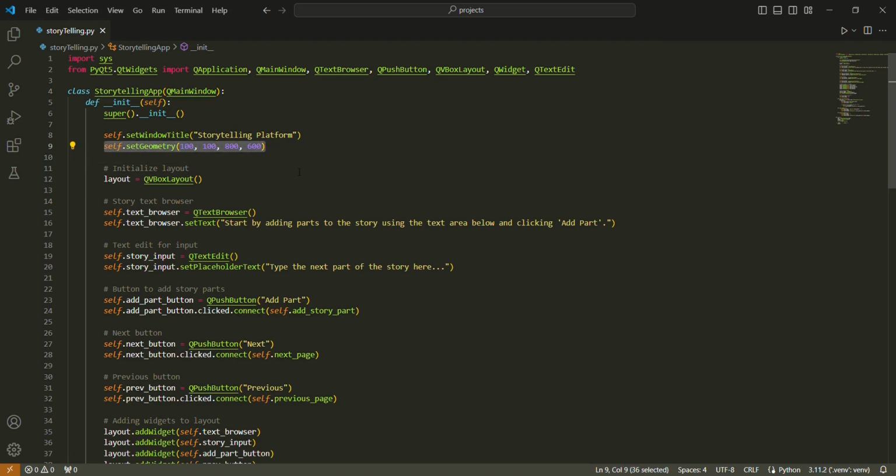Here we set a location in terms of XY coordinates and a size for the main window. Here we instantiate the QVBoxLayout method into a variable called layout. And again, just to remember, this method is to set a vertical layout into the main window.